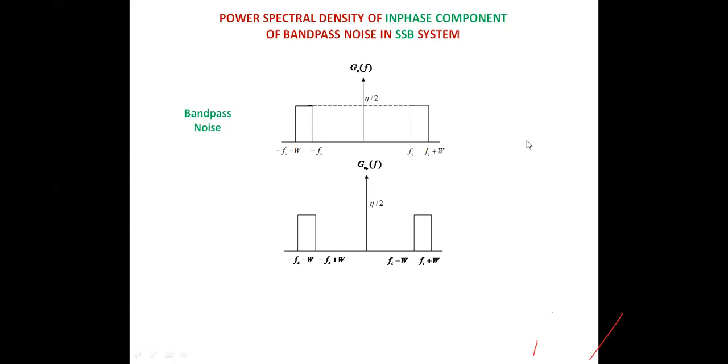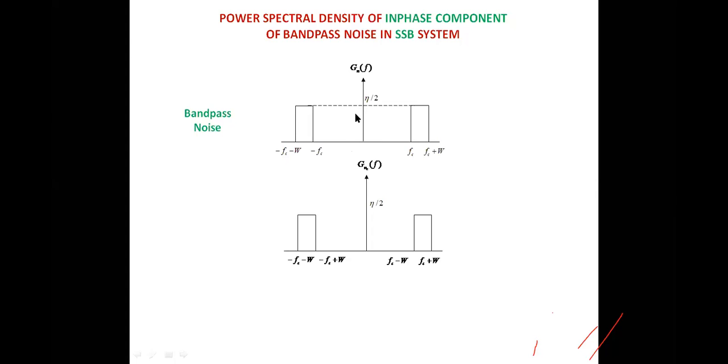This will be located from plus 2Fc to 2Fc plus W, isn't it? So now the extreme portions of the spectrum can be removed by passing through a low pass filter, leaving only the center portions. The center portions are simply one portion from minus W to 0, another portion from 0 to W, isn't it? So we'll be getting